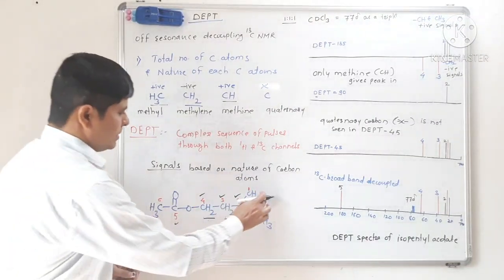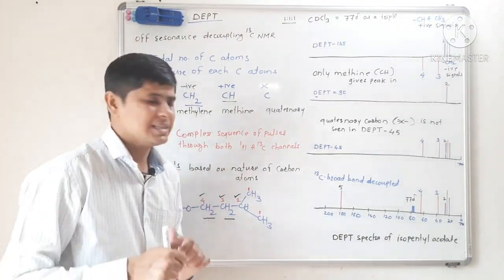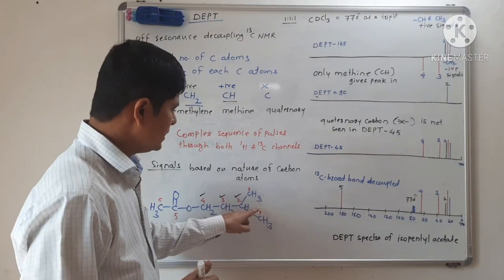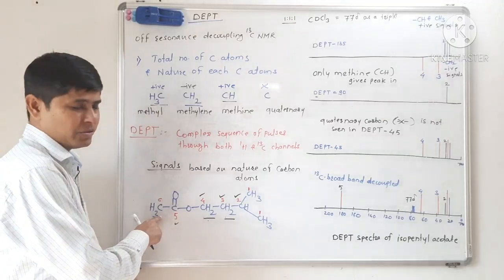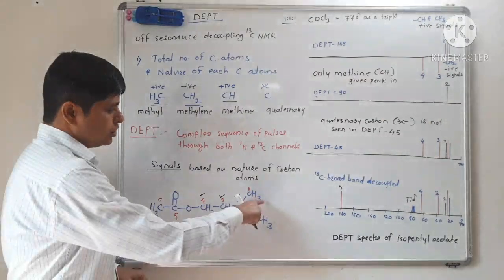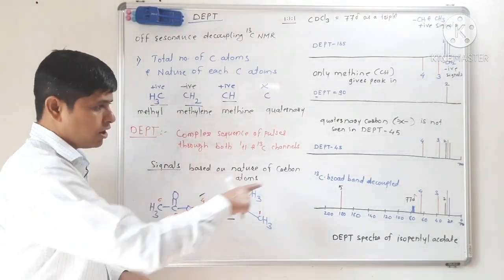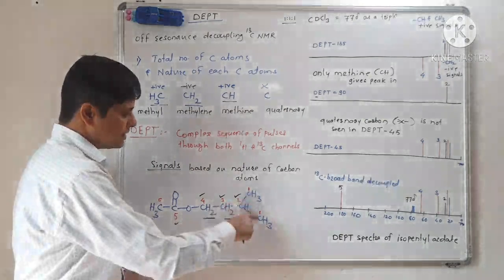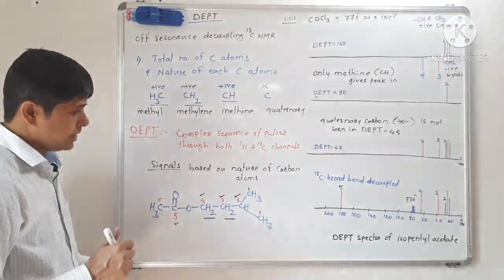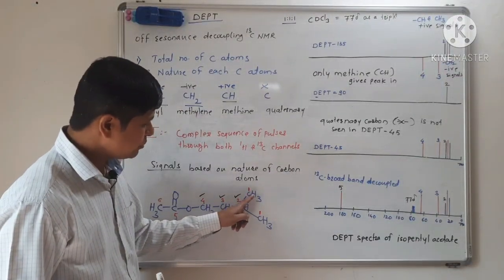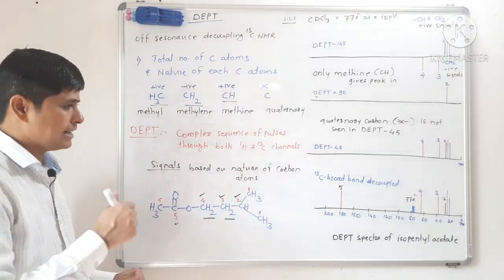Now only carbon number 1 and 6 are remaining to assign. Carbon number 1 is a methyl carbon, and carbon number 6 is also a methyl carbon. Carbon number 1 is for 2 methyl carbons. So these 2 methyl carbons will give one signal as a singlet in the broadband decoupled carbon-13 NMR spectrum, as both these carbons are in the same chemical environment. So our job is remaining to assign the signal for this methyl carbon and the signal for this methyl carbon, that is carbon number 1 and carbon number 6.